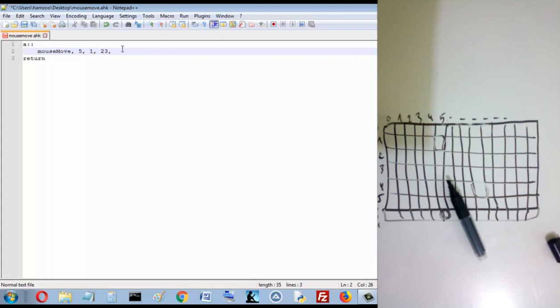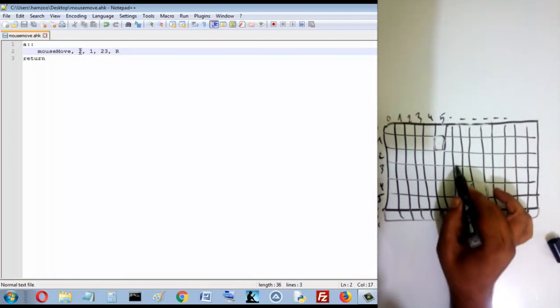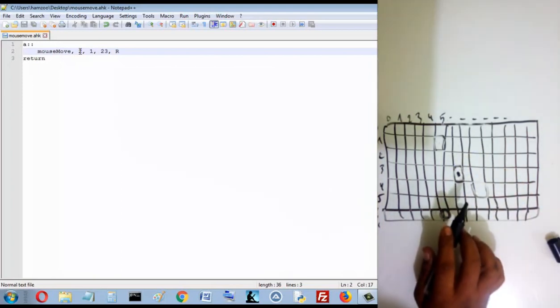To make it relative, I just write a capital R here. For example, let's write 2, 1 here. What does that mean? If my mouse is here, and that's R here,